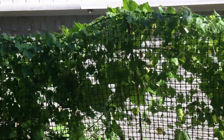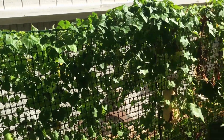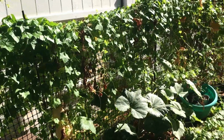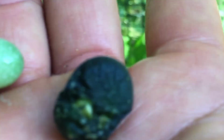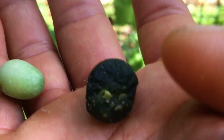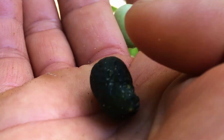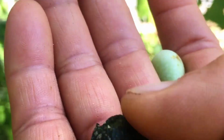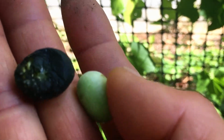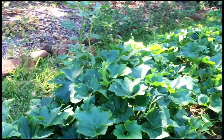These again are the native cucumbers, I believe, and they basically took over this trellis. I suppose you can eat the young fruit. You can see these are the young fruit you can eat, and the matured fruit is purple and supposed to be poisonous. So that's why I didn't want to even try the young fruit before I know it is indeed a native cucumber. So this is the front yard of the garden,